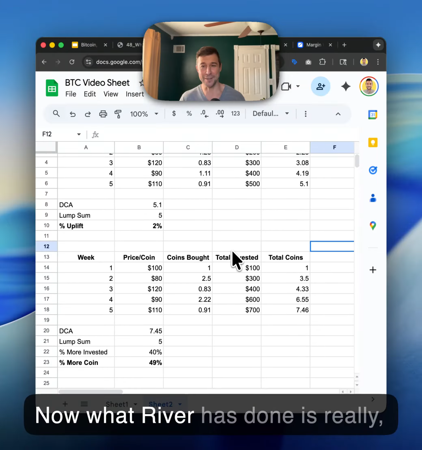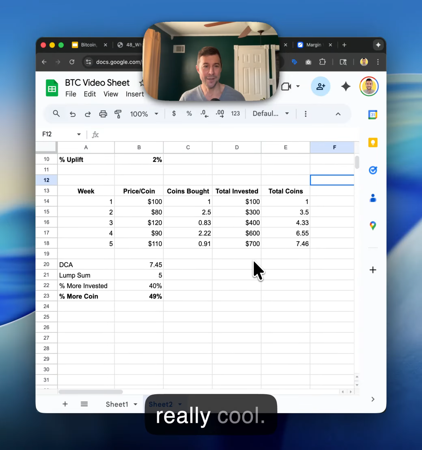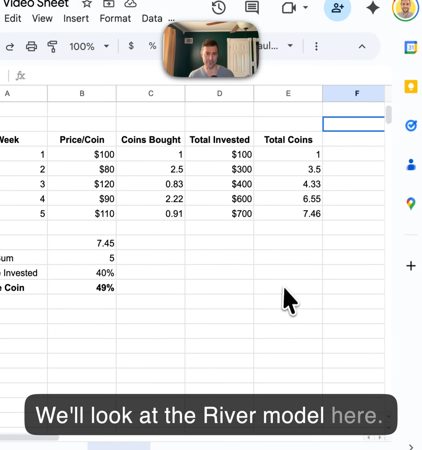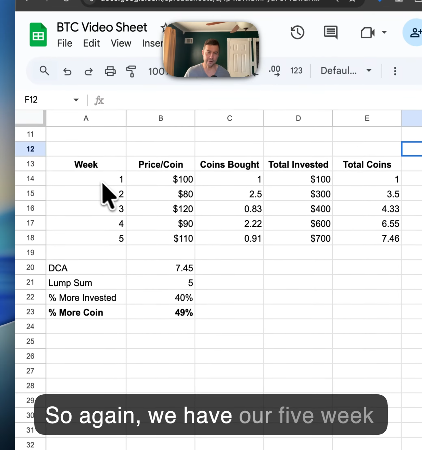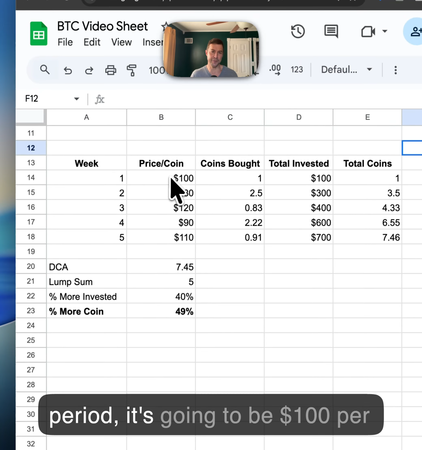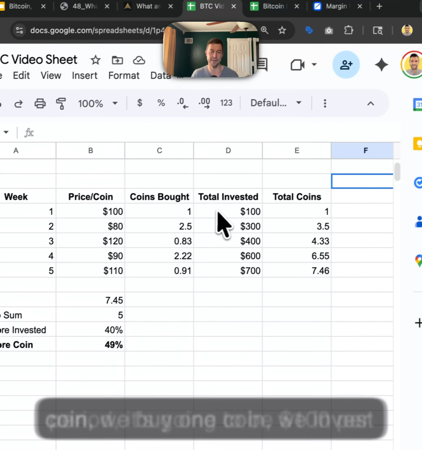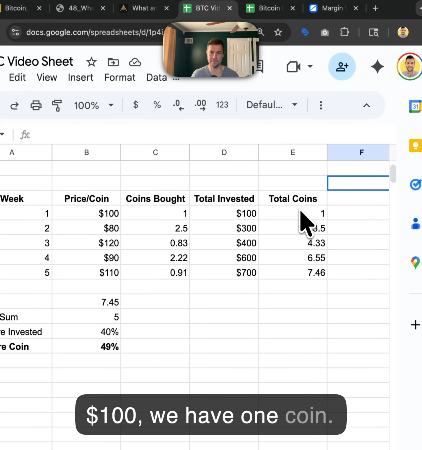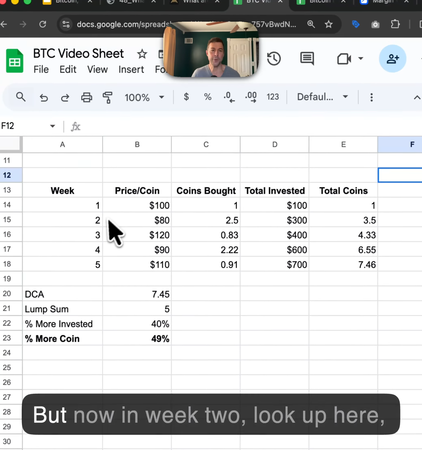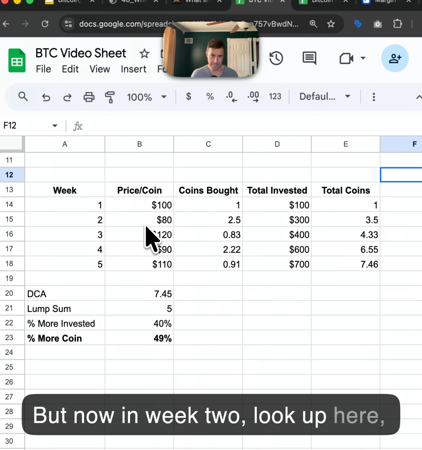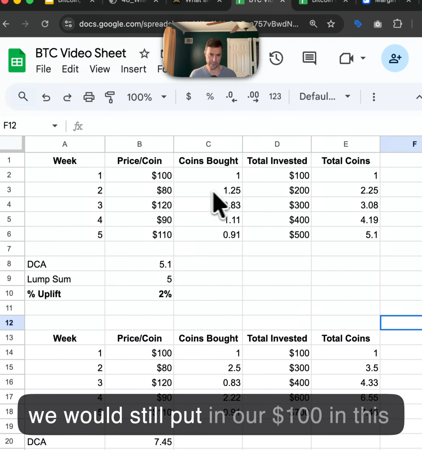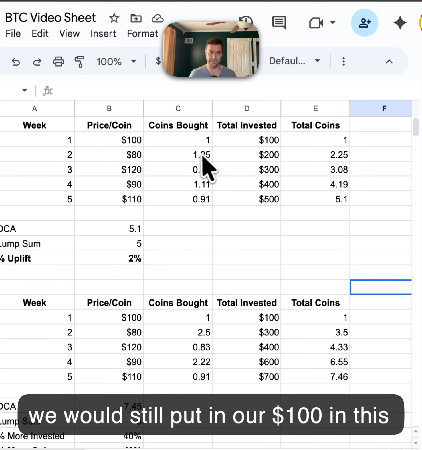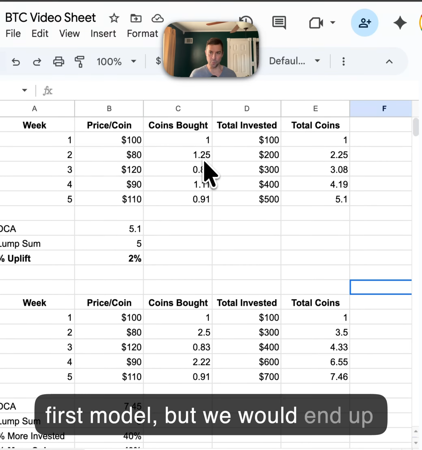Now what River has done is really, really cool. We'll look at the River model here. So again, we have our 5-week period. It's going to be $100 per coin. We buy 1 coin. We invest $100. We have 1 coin. So that's great. But now in week 2, look up here. We would still put in our $100 in this first model,